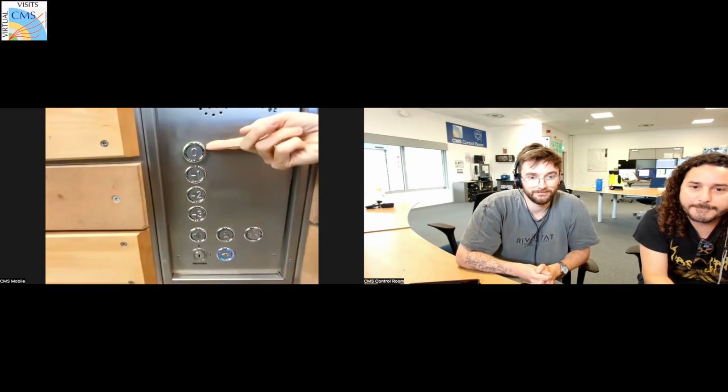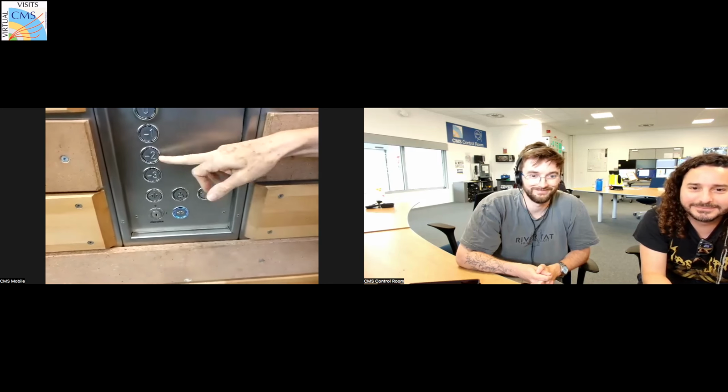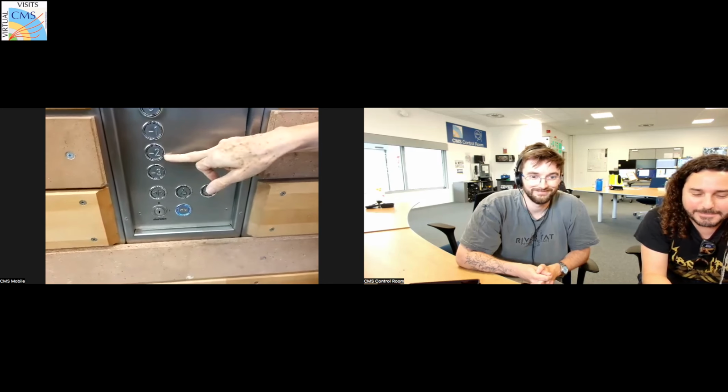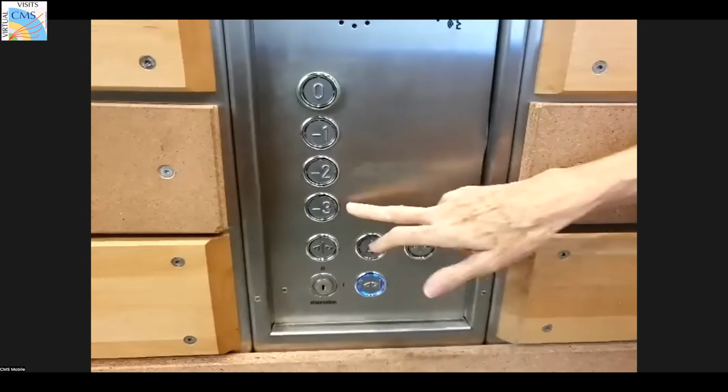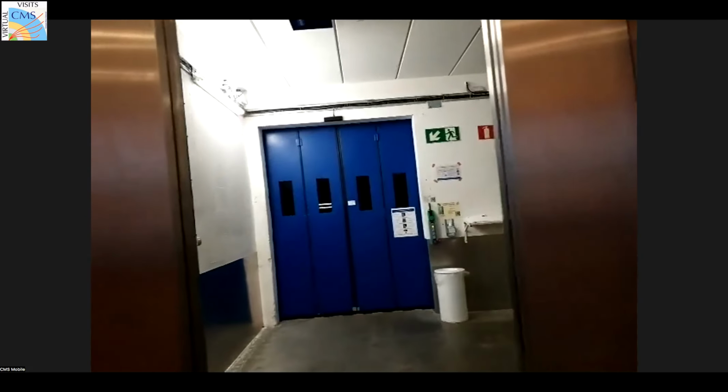We have 3 levels. 0 is surface, -1 about minus 80 meters, -2 about minus 90, and -3, as you have seen, maybe minus 97, minus 100. So we will go to -2 now. And okay, we will broadcast as we can how deep we go. And I leave the floor to Derek for CMS.